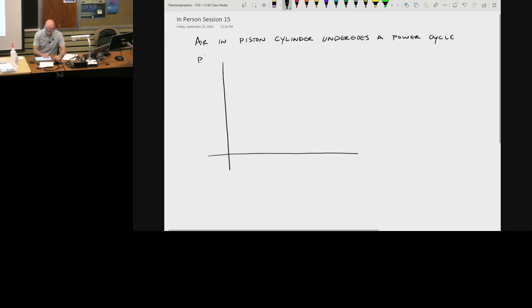The pressure here is in bars, and we have specific volume here in meters cubed per kilogram. And we have 1 and 5 bars and 1 and 5 meters cubed per kilogram. And here is state 1, here is state 2, here is state 3,